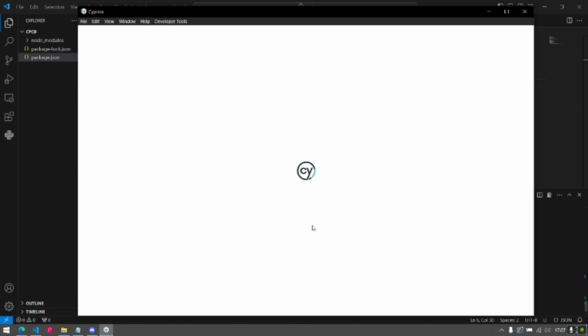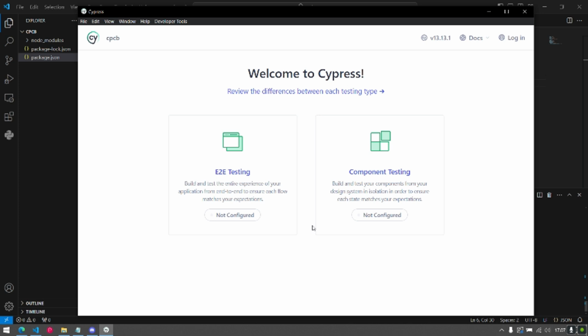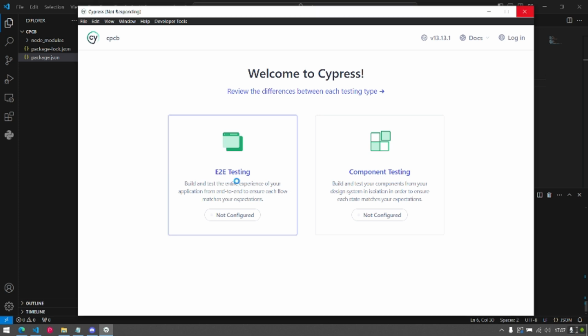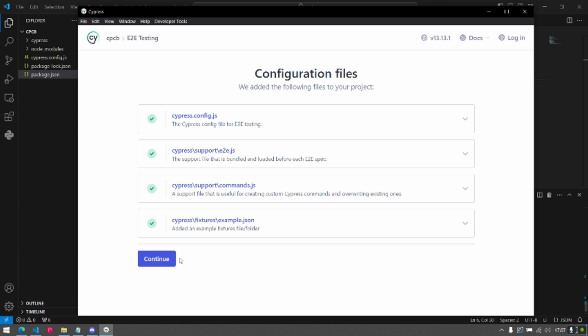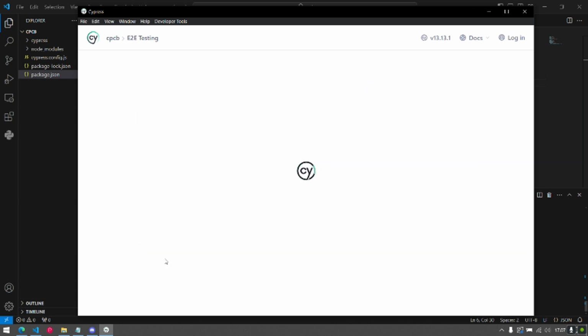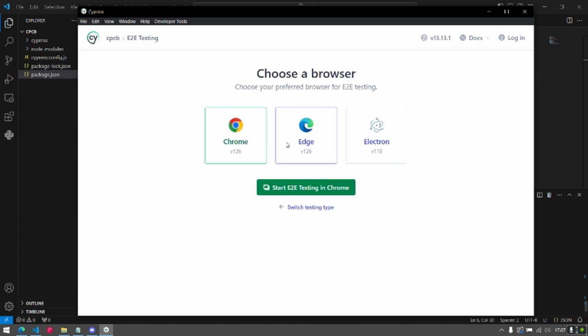As Cypress is open, we can continue to configure Cypress itself. For the testing type, we use E2E testing, and then we just click continue. Here Cypress gives us three browser options.